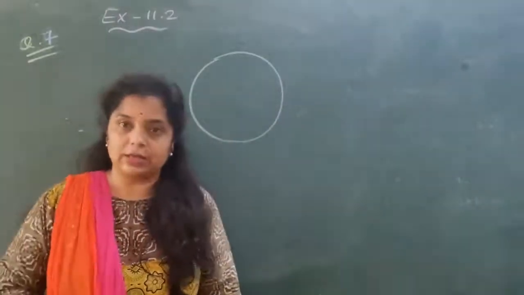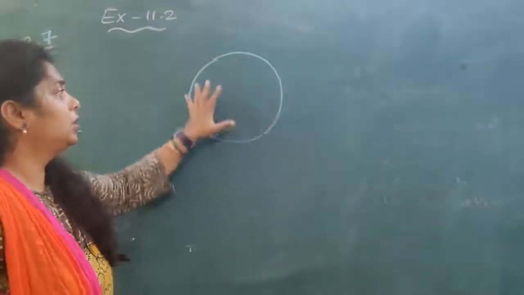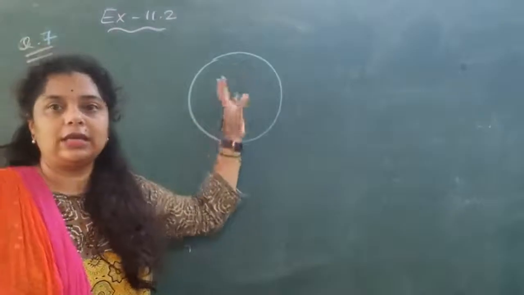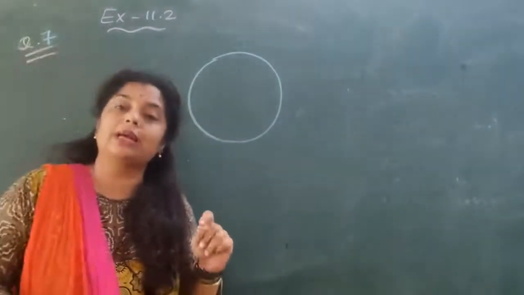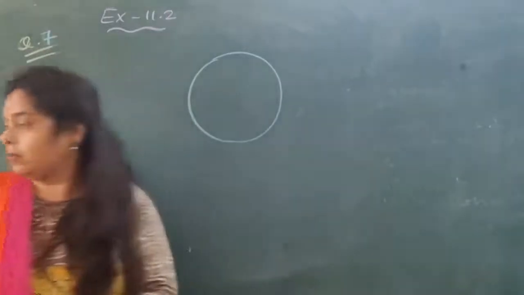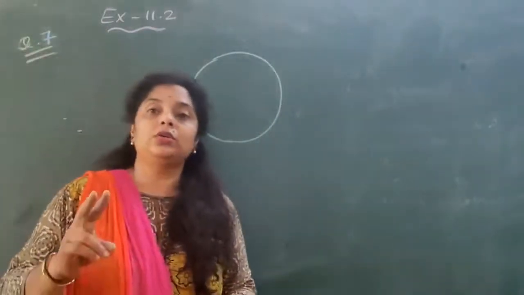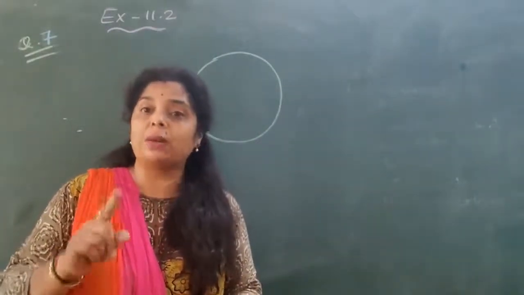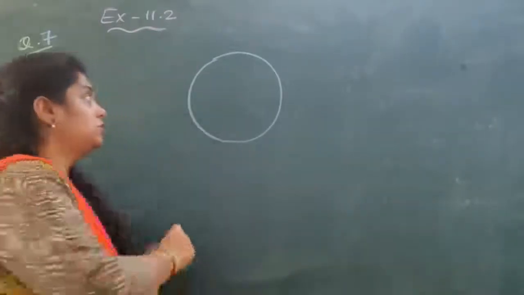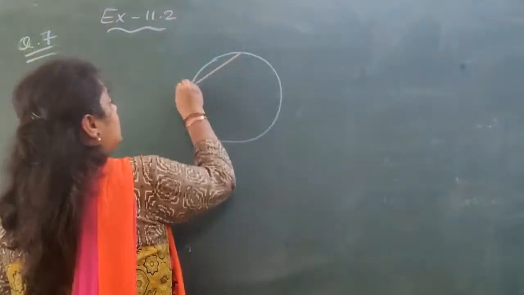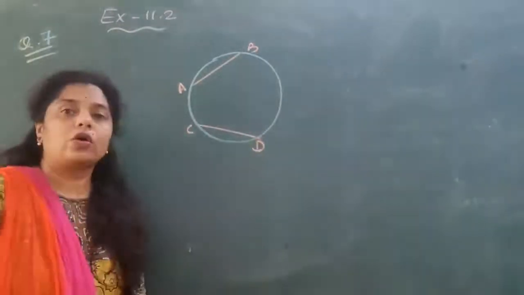As it is given, you have to first draw a circle without using a compass. So for example, I have done it here by using a circular object. I don't know where the center is. So to get the center, what did we used to do? We used to draw two chords which are non-parallel. Listen carefully. For example, I draw here AB and CD. These are the non-parallel chords.